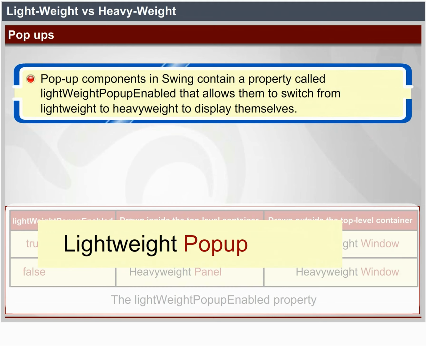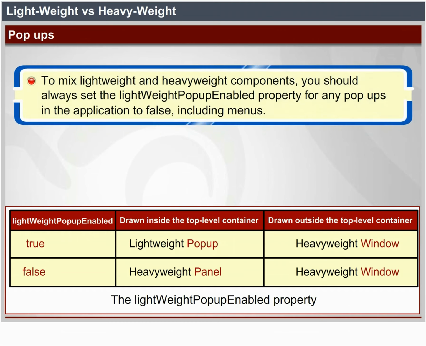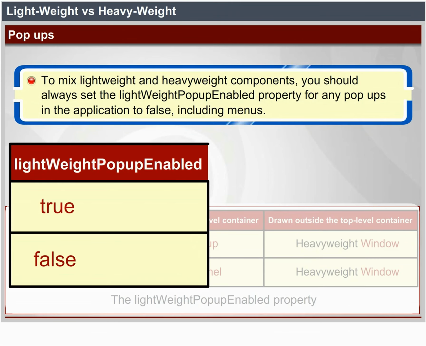Pop-up components in Swing contain a property called lightweightPopupEnabled that allows them to switch from lightweight to heavyweight to display themselves. To mix lightweight and heavyweight components, you should always set the lightweightPopupEnabled property for any pop-up in the application to false, including menus.